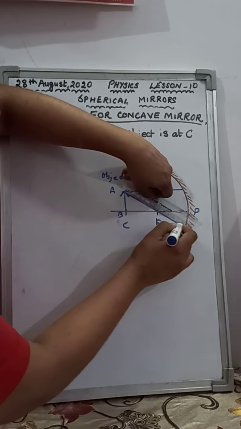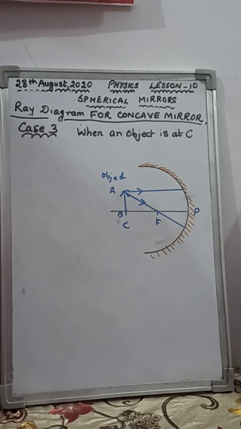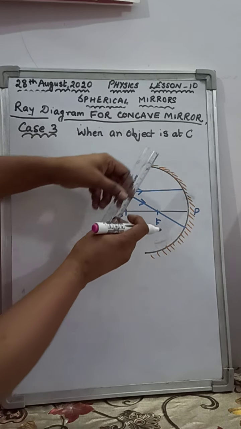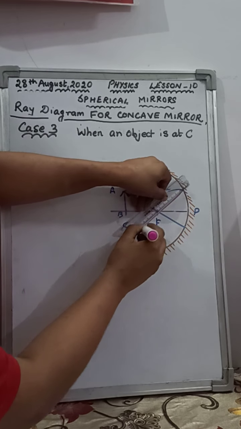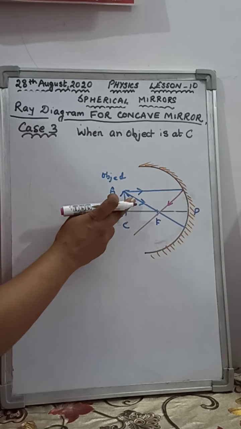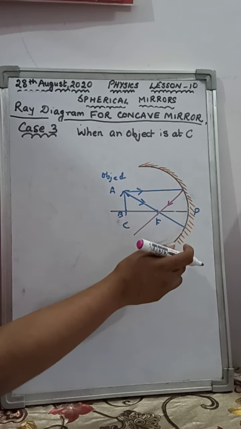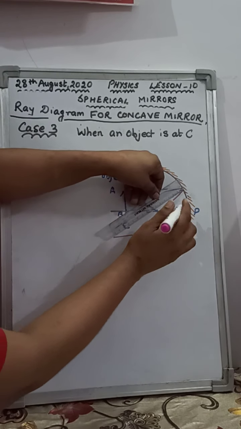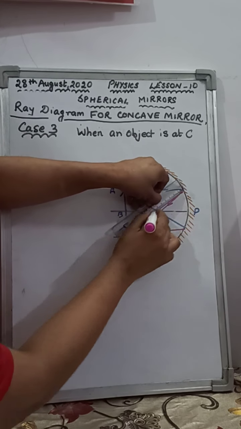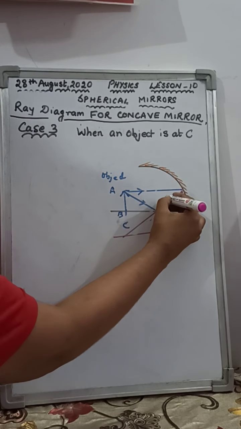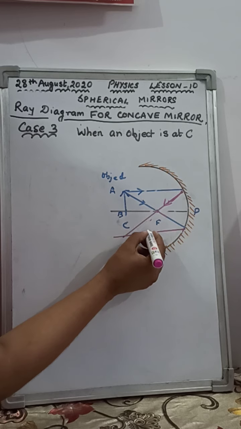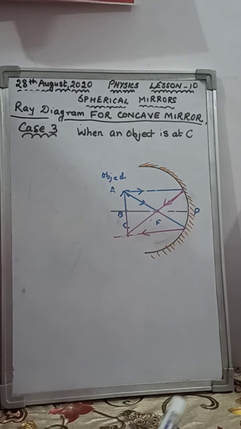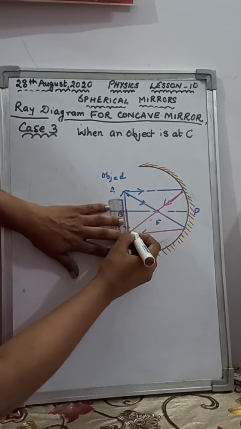So the second incident ray will go through the focus now. So after reflection, when the ray is parallel to the principal axis, after reflection through this mirror, it will go through the focus. Rule. Now, rule next. When the ray falls on the focus, after reflection it will become parallel to the principal axis. Clear? So, this will go through the focus this way. Arrow. And this is an arrow. Now, where are the rays meeting? The rays are meeting at this point. So, this is your image of the object AB.